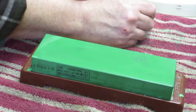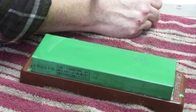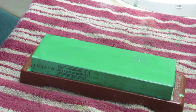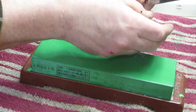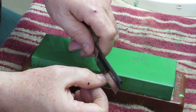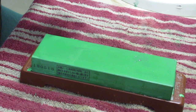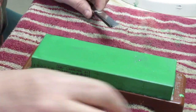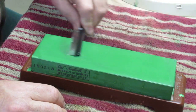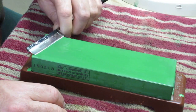What I'm doing, I know you can't see, I'm seeing how the razor cuts hair, and this razor is cutting hair all along the edge. That bevel's set. Since I did a thumbnail test, I'm going to do about 20 or 30 more passes on this stone